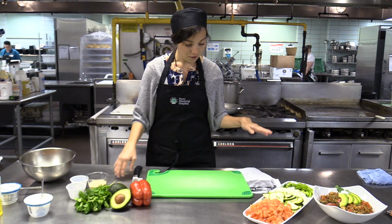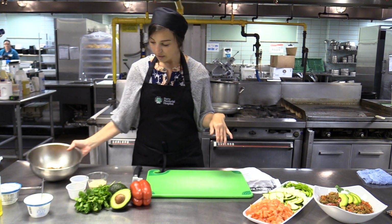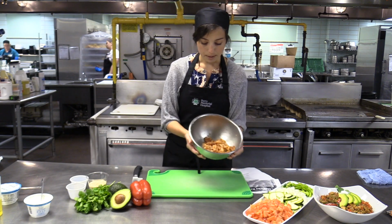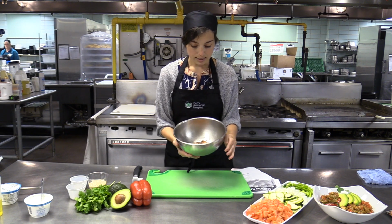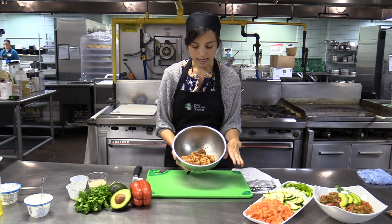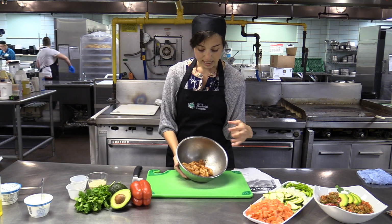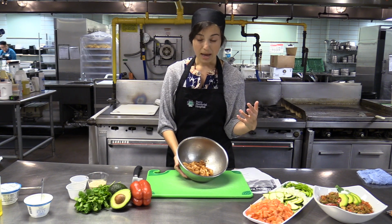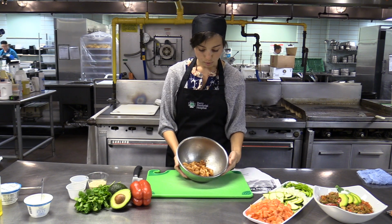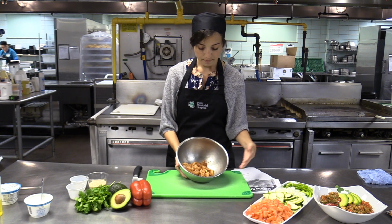All right, so the first step, you are going to want to get some lean chicken. I already have some chopped up and mixed with my seasonings because I love to mix the chicken with the seasonings so that it marinates a little bit and gets those seasonings in depth in the chicken, and it gives it a more robust flavor. So what you want to do is just thinly slice your chicken, about a pound of chicken, and then you're